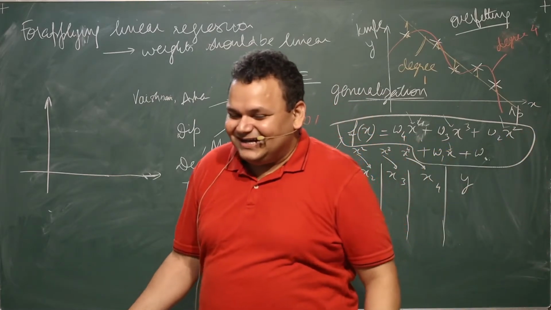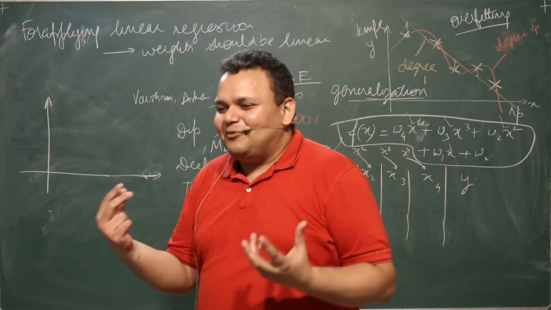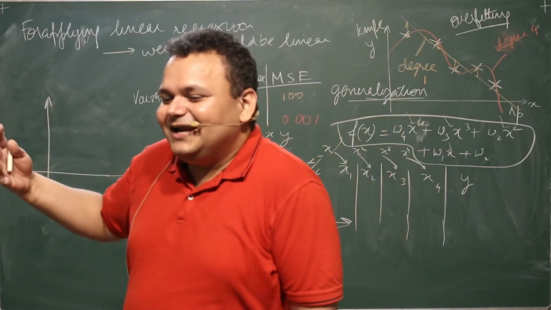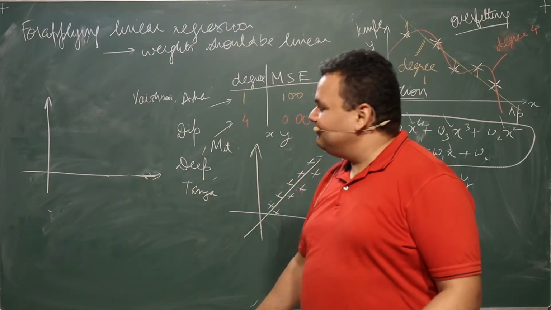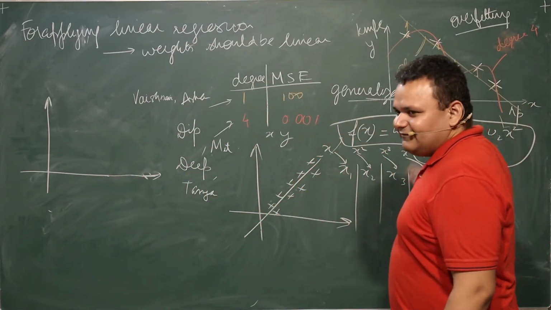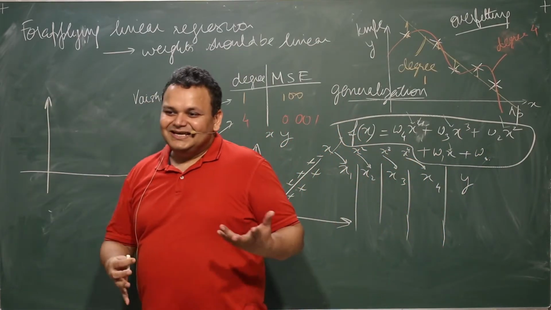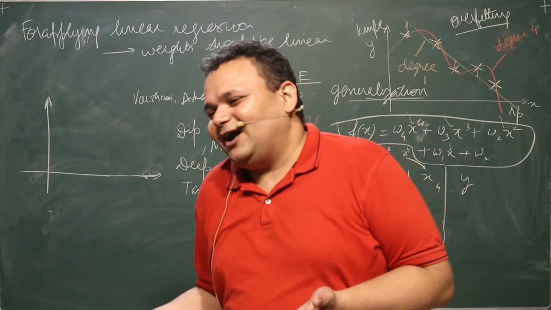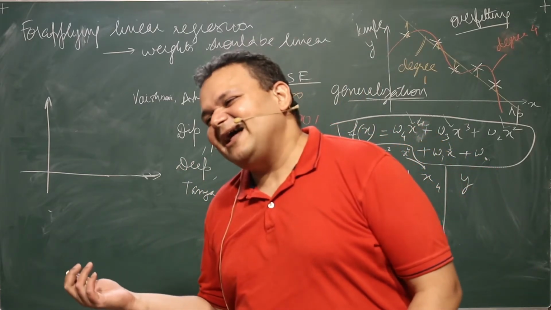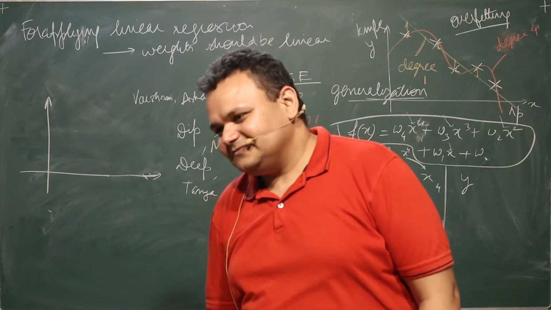Please understand that your number of data points should be much higher than the degree of polynomial that you are going to use to fit your data. If you don't do that, then most likely you're going to get an overfitted value. If you had only 5 data points, linear or even quadratic is pushing it too far. Linear might be the only choice if you have only so many data points.